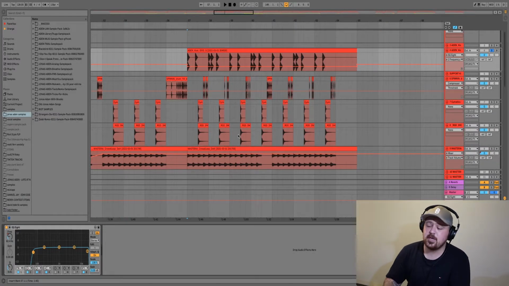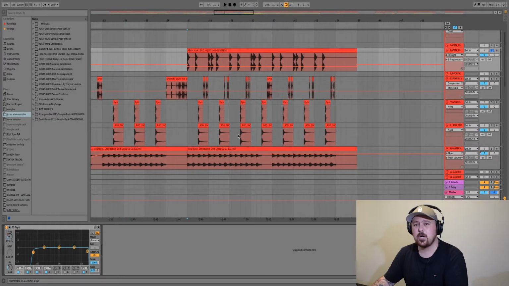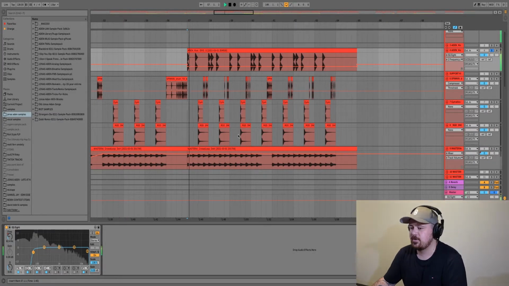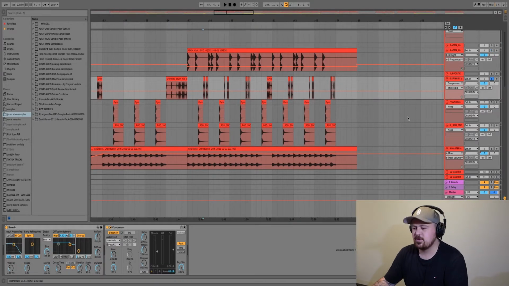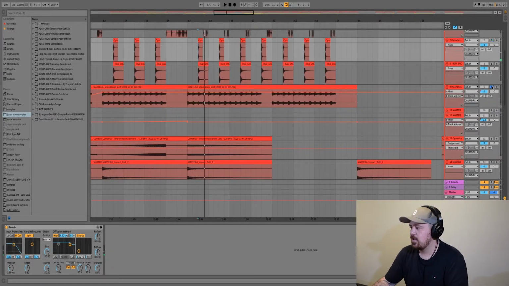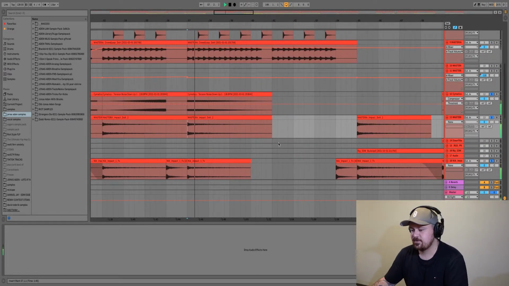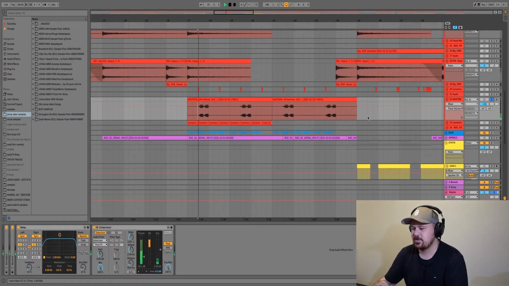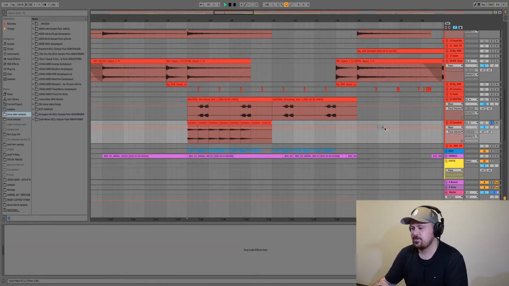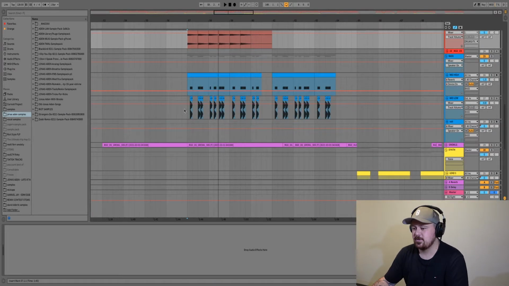And in the main part of the breakdown, we've just got our kick with a little bit of the low end taken out, just so it's not hitting so hard. We've got some more drum fills, the snares again, our crowd noise, some impacts and white noise. Got some little white noise hits, some crash cymbals. And then we've got a bass that comes in.